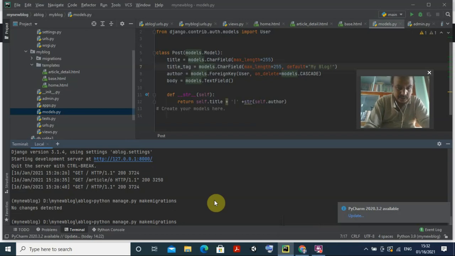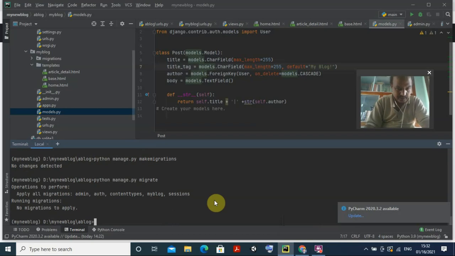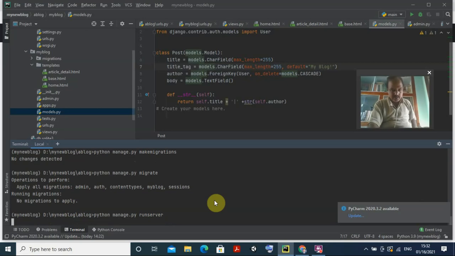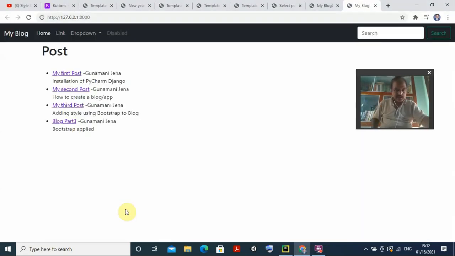Then I do the same thing, migrate. So as nothing is there, it will say okay, no migrations to apply. Then I go for this runserver. Once I run this server, yeah, you'll find everything is fine and running. So you can come here. Now you can see clearly, my blog by default is coming here, and now I click my blog, by default it has come as my blog. You look at here, by default.